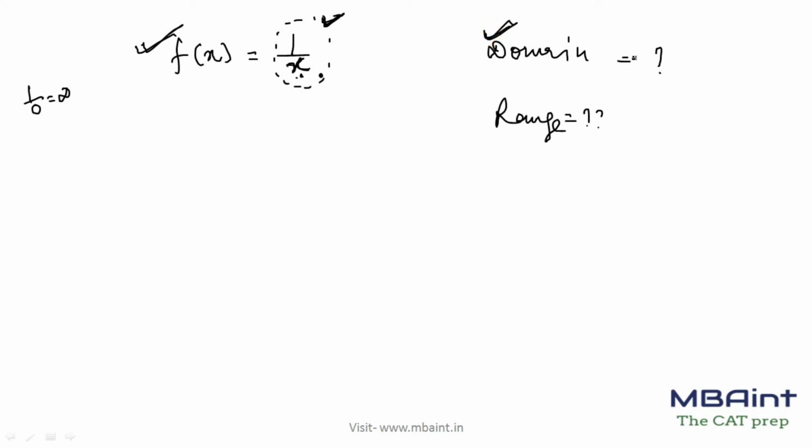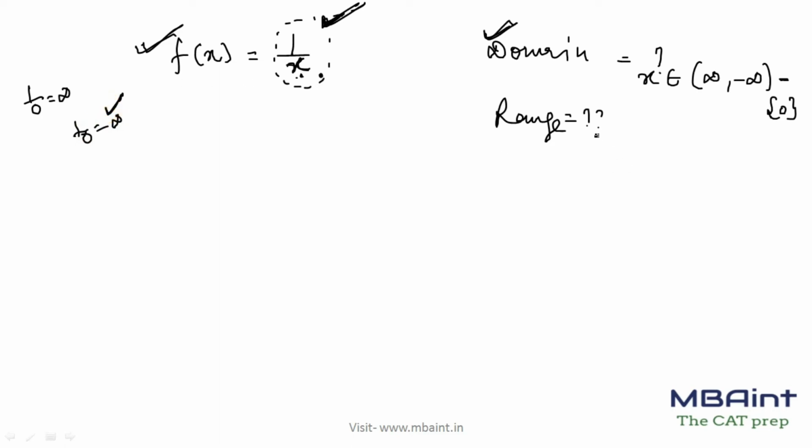So the basic meaning here is, a basic solution is going to be, your x belongs to positive infinity to negative infinity, except that it shouldn't be equal to 0. Right? Try to understand, guys. What is domain? Domain is for what values this function is valid, right? This function is valid for all the real values of x except 0, right? What happens if I put 0? This becomes 1 upon 0, which is nothing but nullifying the function, right?